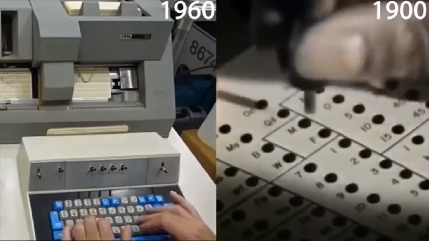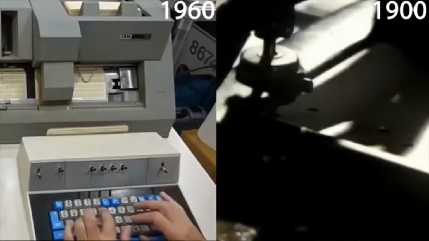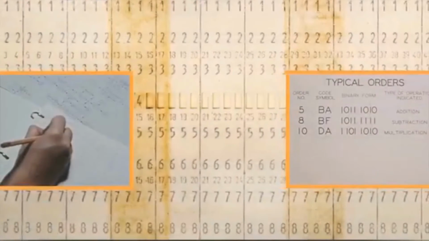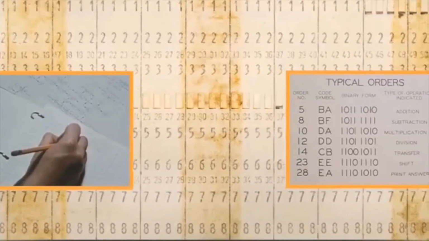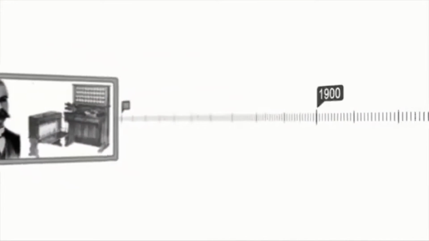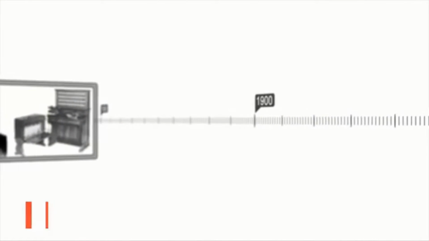Depending on where the holes in the card are, will determine your input based on what connections are completed. To input data to the punch card, you could use a key punch machine, aka the first iteration of a keyboard. The 1800s are a period where the theory of computing began to evolve, and machines started to be used for calculations. But the 1900s is where we begin to see the pieces of this nearly 5,000-year puzzle coming together,